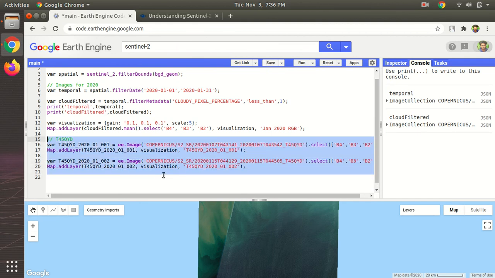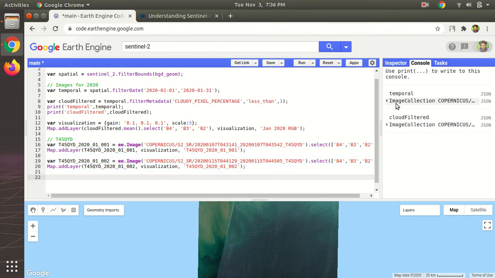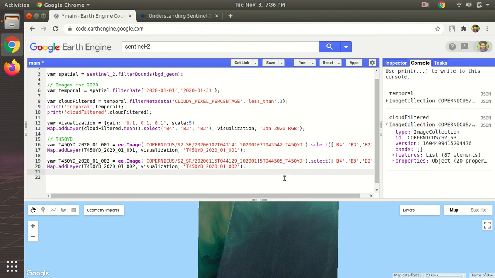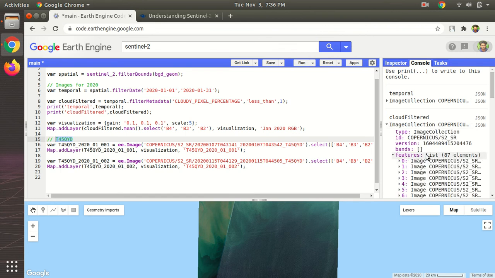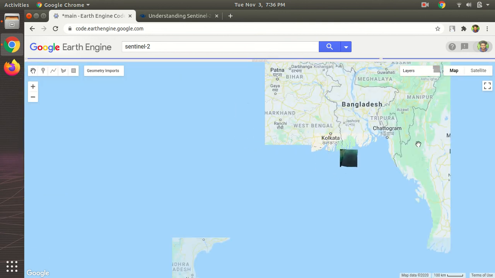complete this for T45QID, adding every single image from this list to the map and assigning a score between 0 and 10 about how usable each image is, and then repeat this process for every single unique granule ID, and eventually you'll have to add all 87 images to the map for evaluation. How many granules do you think will be required to cover our whole study area?